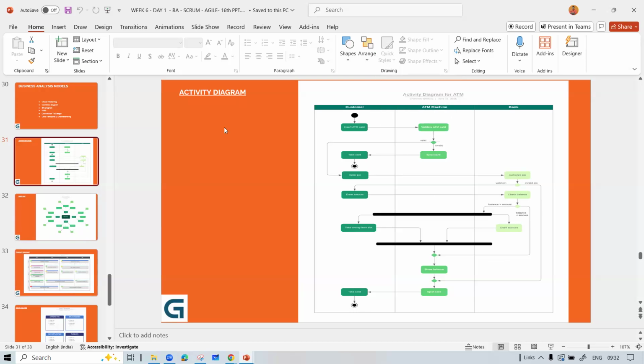I could not understand your question. You said that the diagram was not different from the cash withdrawal diagram last time? Yeah, that's what I said. In a different batch, a different track in fact, where I taught this one, I asked people to submit the cash deposit activity diagram. They simply gave me the activity diagram of cash withdrawal and submitted it into the WhatsApp group. So make sure you are not giving me the cash withdrawal one in the WhatsApp group. You are giving me the cash deposit one only.